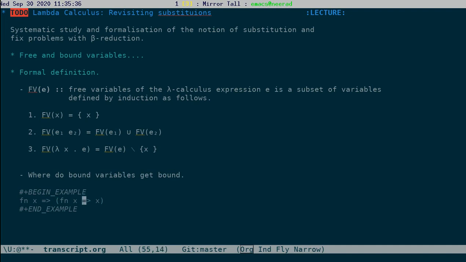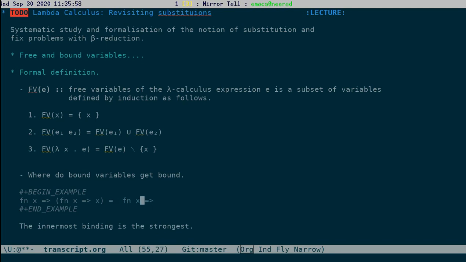Is this x this x or this x? The rule is the innermost binding is the strongest.